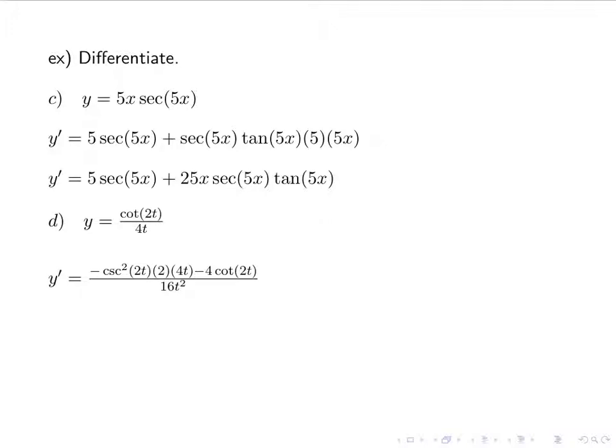And again, I'm going to clean it up. So I get negative 8t cosecant squared of 2t minus 4 cotangent of 2t all over 16t squared. But I'm not done yet. If I notice, I've got an 8, a 4, and a 16. Those all have a 4 in common, so I'm going to cancel a 4 from each of my 3 terms. And I'm going to be left with negative 2t cosecant squared of 2t minus cotangent of 2t divided by 4t